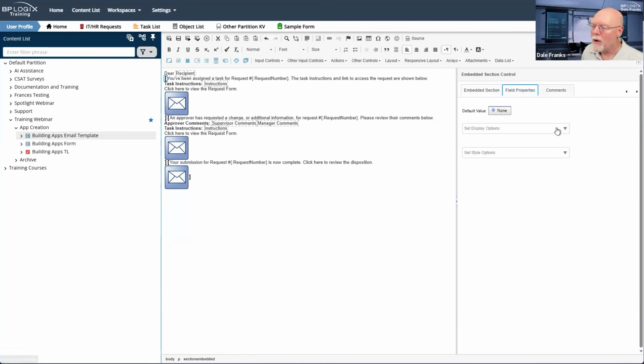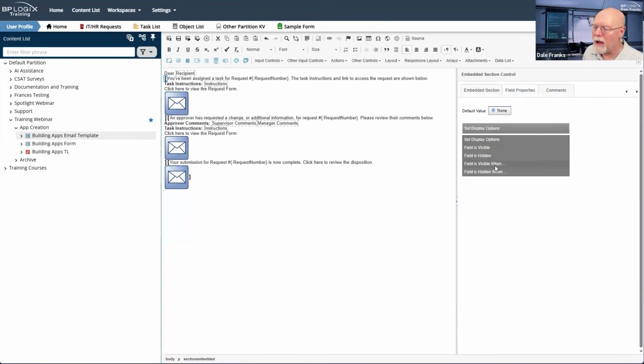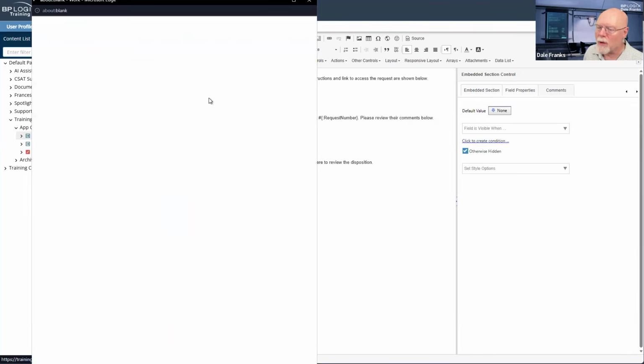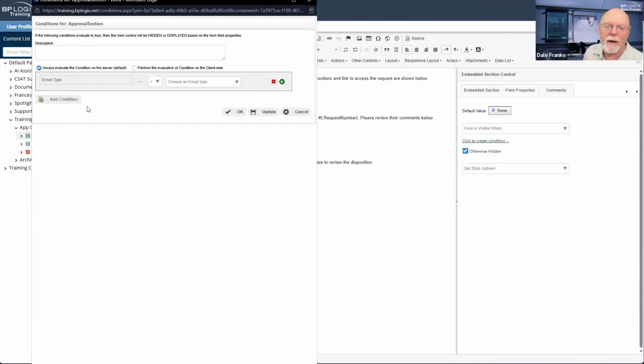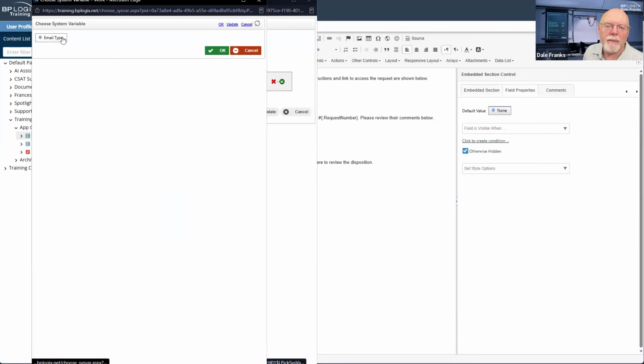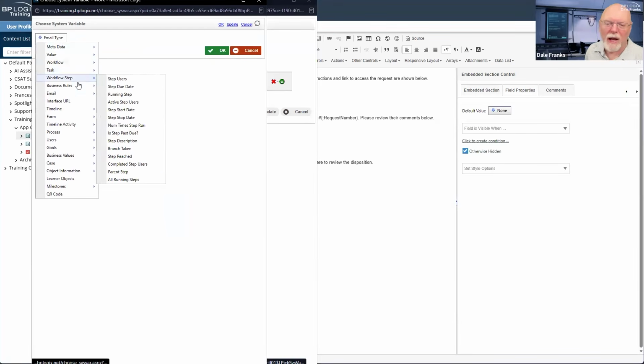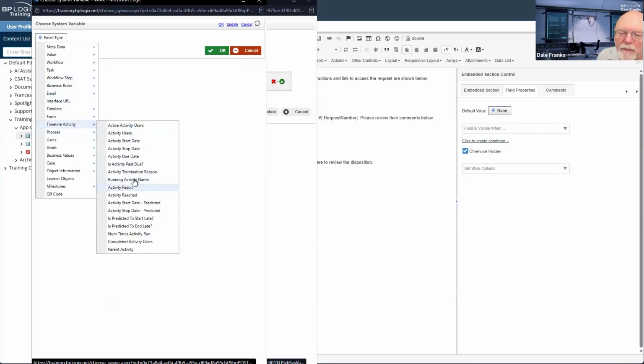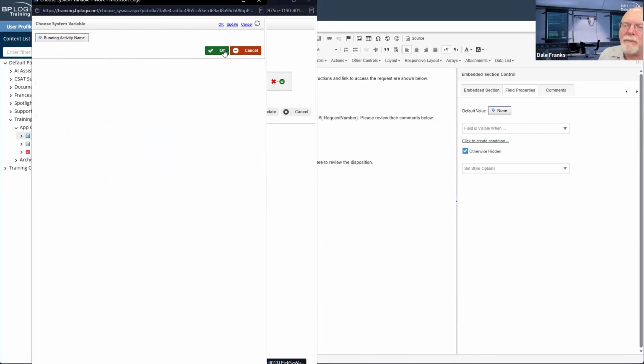So we'll go into set display, field is visible when, and we'll click otherwise hidden real fast because we only want it visible when my the easiest and most understandable way of doing this would just be to say, okay, if running activity name